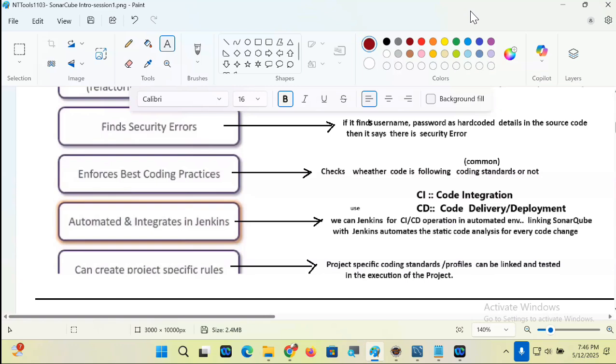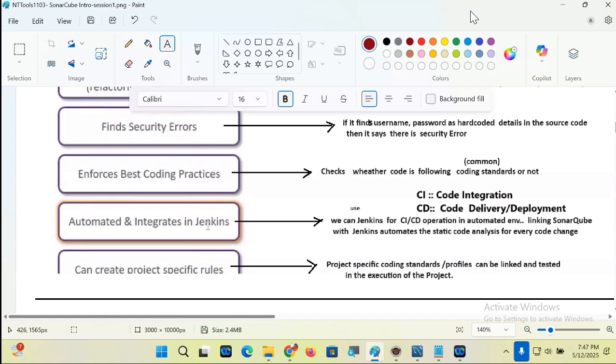CI, code integration. CD, code delivery or deployment. Next one: it is automated and integrates with Jenkins. You need not do code review separately as a process, guys. You link with the Jenkins tool. Jenkins automates the build and deployment process. Jenkins automatically connects to Git, automatically collects the code, automatically builds the WAR file.